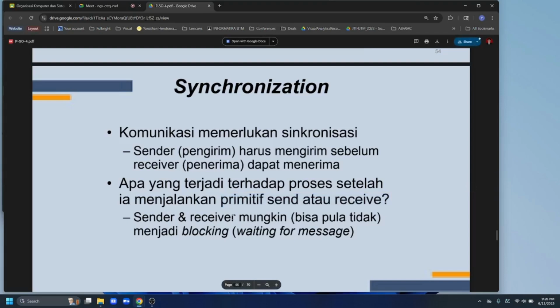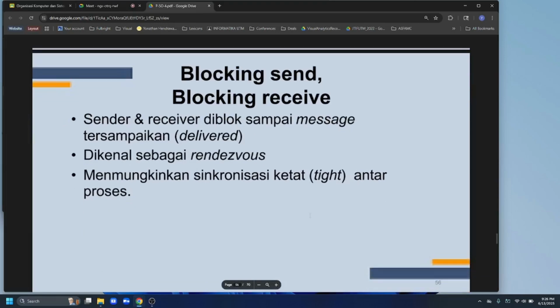The sender and the receiver perhaps or perhaps not can be blocked because they wait for the message. So the sender and the receiver will be blocked until the message is delivered. It is called rendezvous.